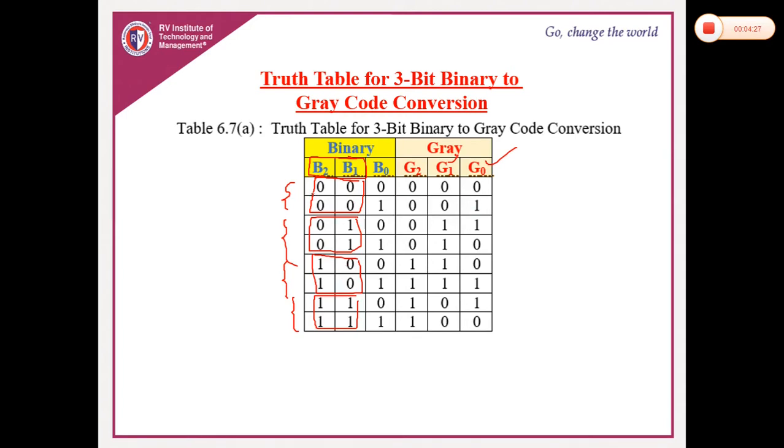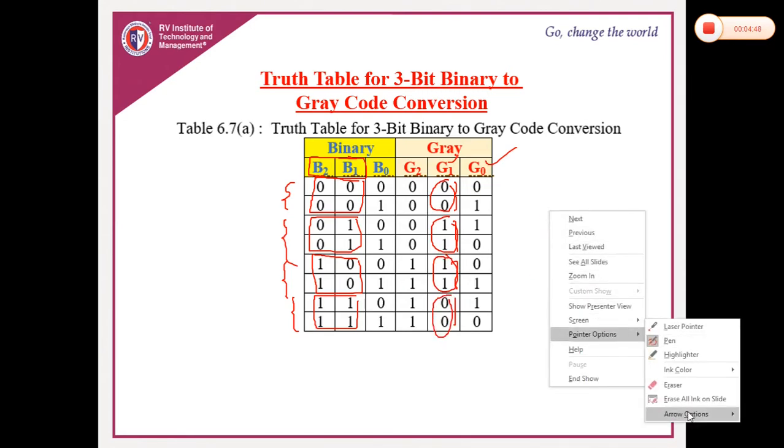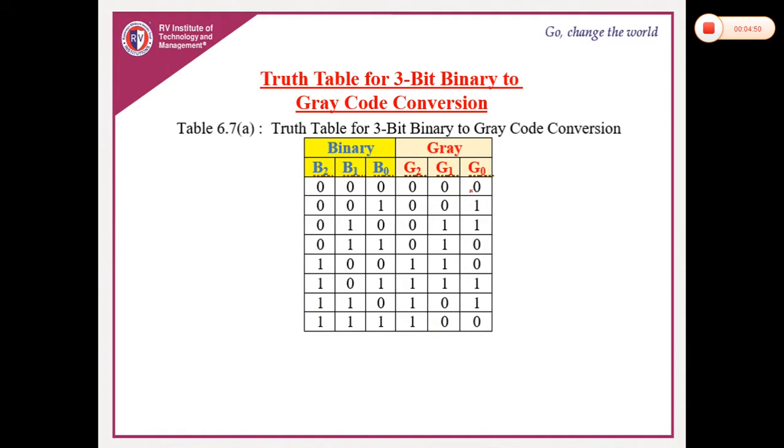It is acting like an XOR gate. So you have to write that truth table two times. It is nothing but 0 1 1 0. That is the actual output for an XOR gate. So same thing, 0 1 1 0, but you write it two times. So this is one more way of writing the gray code output.